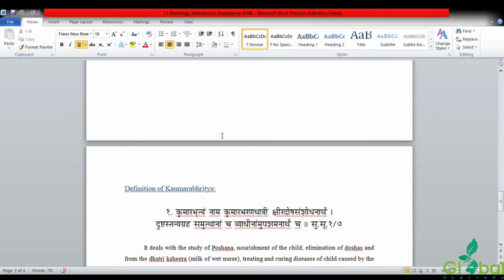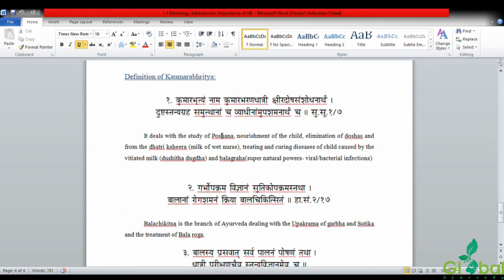Next we will see the definition. What is the definition of Kaumarbhritya? The definition of Kaumarbhritya is very important from the examination point of view and also the Viva point of view. The first question asked by many examiners to many students is the definition of Kaumarbhritya. So just you have to tell